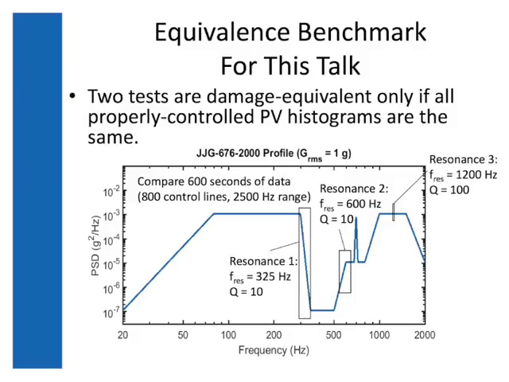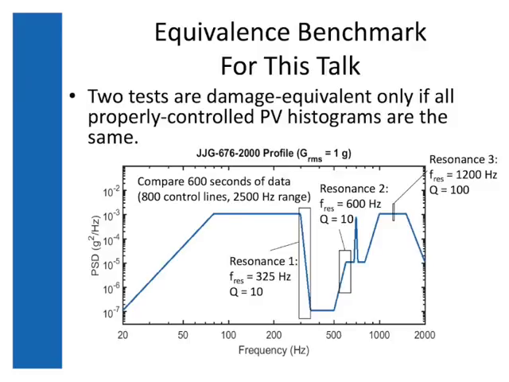And this could get very esoteric here in a few minutes, so I want to give a specific example that will be the baseline for this comparison. So I have here the Chinese JJG 676 test, which is typically a test of shaker dynamic range. I've picked it because it has a weird shaped PSD, because I want to show you that the remarks I'm about to make do not only apply in flat PSD circumstances or with other limitations. We're going to have a standard test that is 10 minutes long, runs with 800 control lines on the 2500 hertz range, so it'll have a bin width of just over 3 hertz,